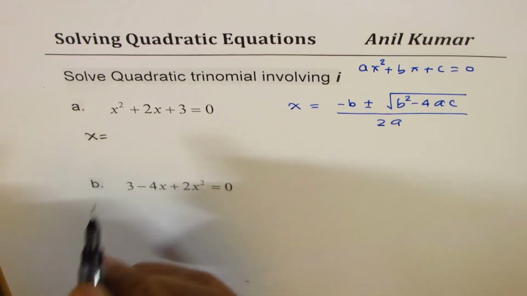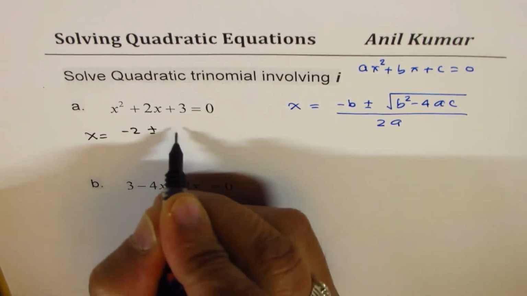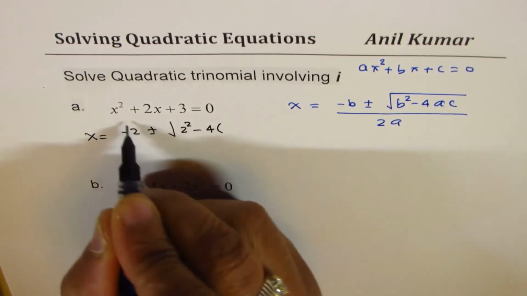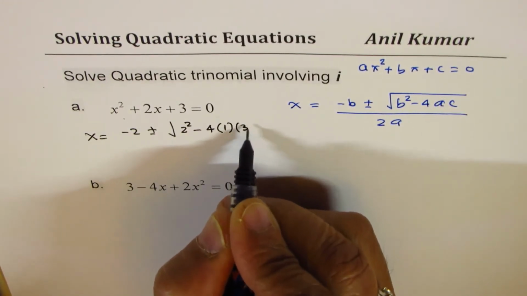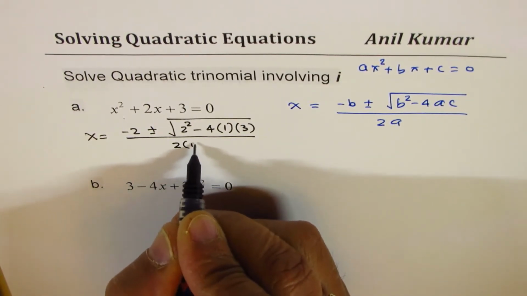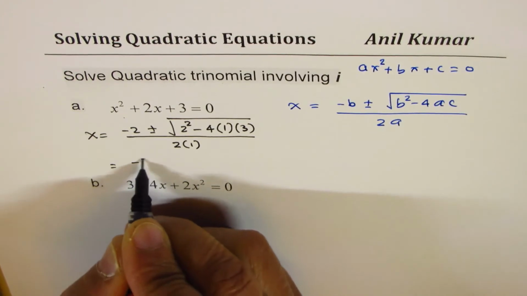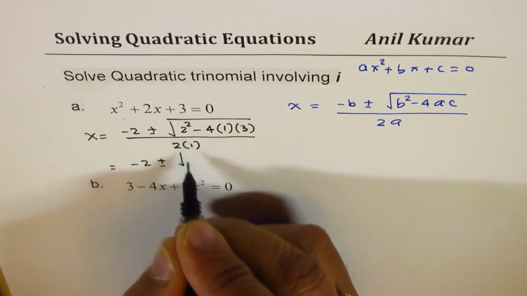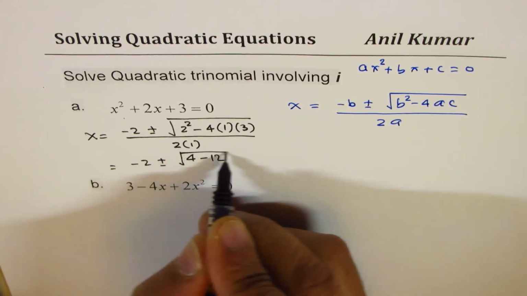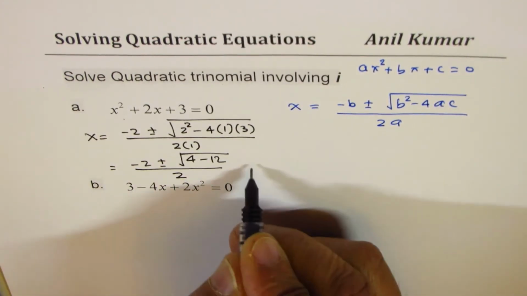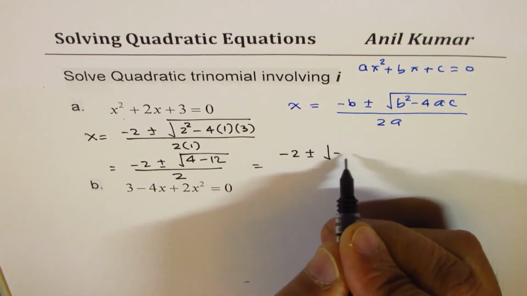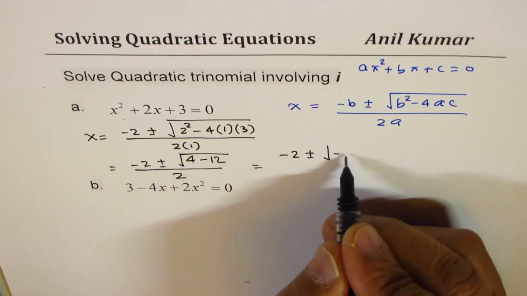what is b? b is 2. So we'll write this as minus 2 plus minus square root of 2 squared minus 4 times a is 1, c is 3, divided by 2 times 1, correct? So that gives us minus 2 plus minus square root of 4 minus 4 times 3 is 12, divided by 2. Let's continue. We have minus 2 plus minus square root of 4 minus 12 is minus 8,